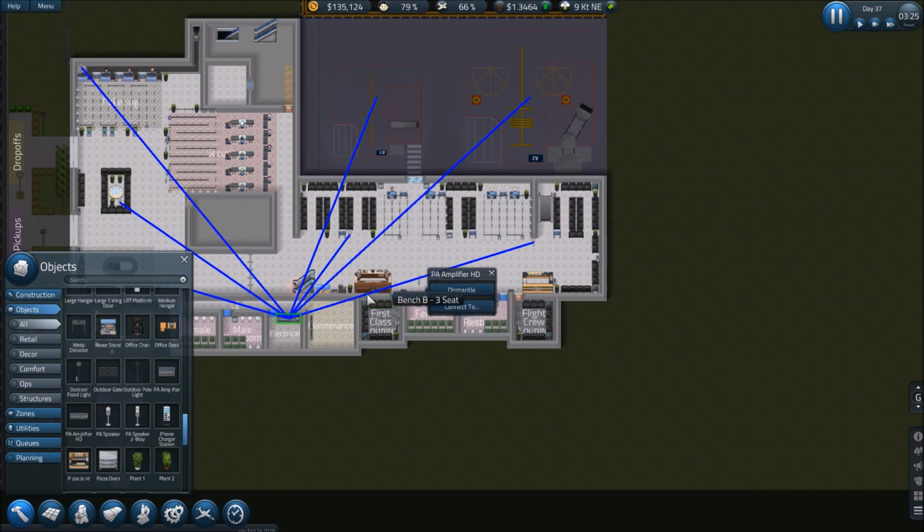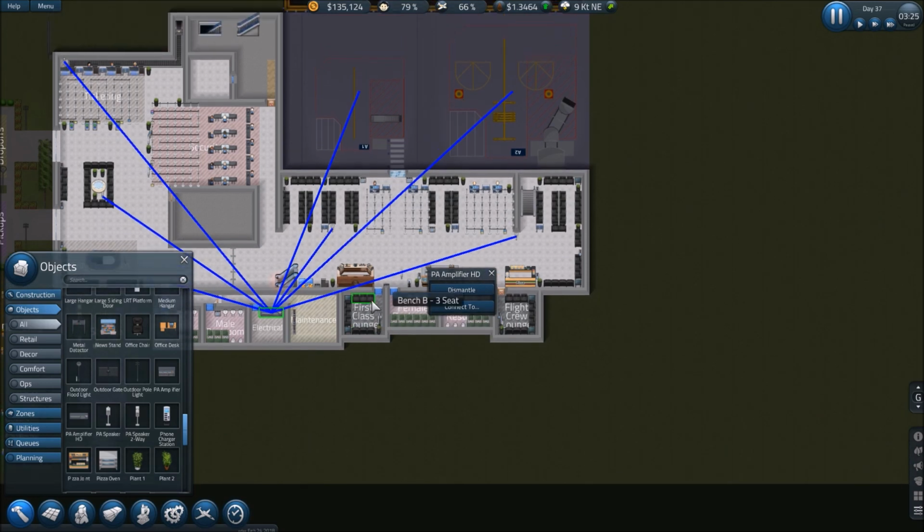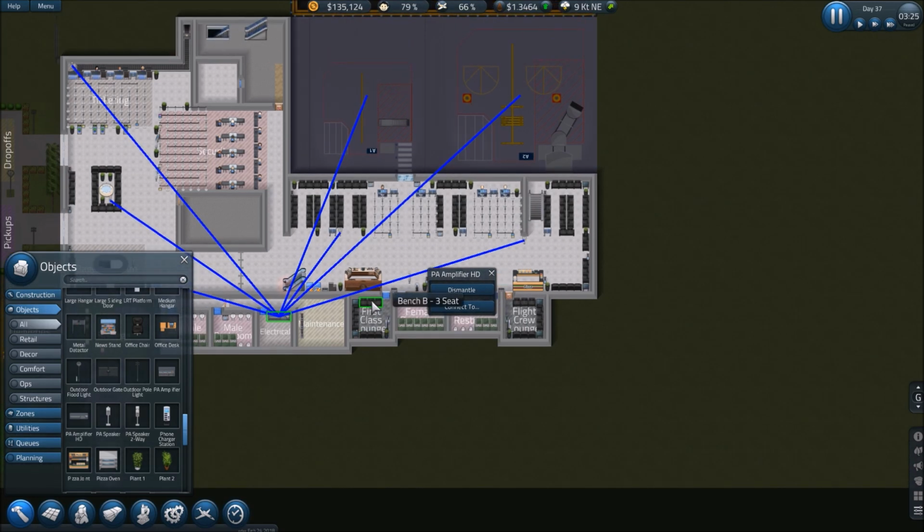I'm probably doing this wrong by having them out here, but I figured since there's only 2 gates in this airport, people out here might need to know what's going on. I kind of think of it as you hear the overhead announcements, right? So this is something maybe the devs can look into, because